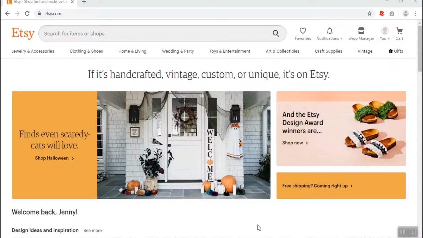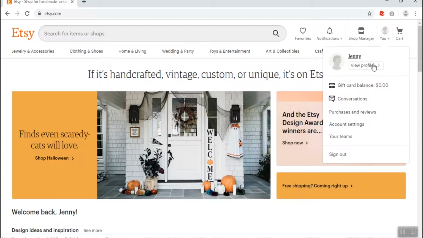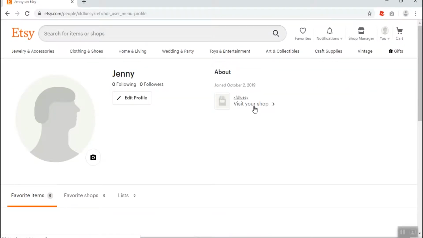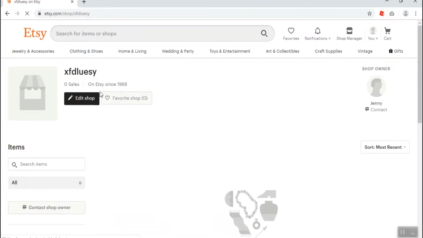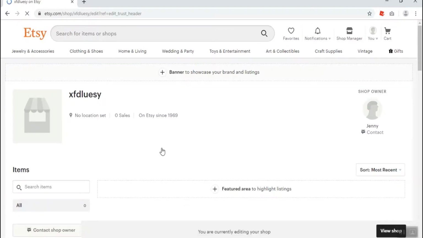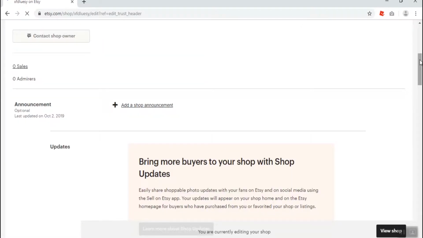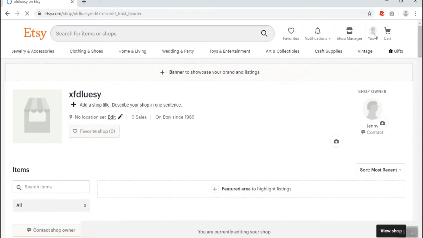Okay, I'm on my laptop. Now to add an Etsy banner and a shop photo, the easiest way I know how to do it is to go to your own profile, create profile, click on your shop. Okay, and then we're going to click on edit shop here. Okay, so now we're going to click add a banner,